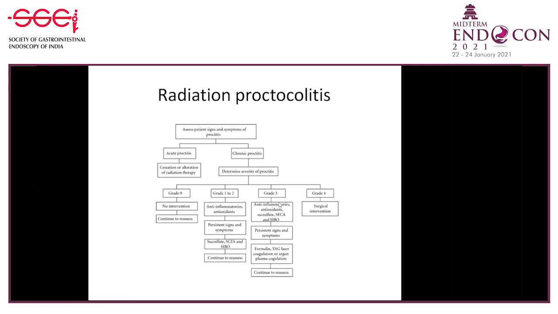So mostly what we see, the bleeding will be in grade 3 or 2A, and we manage them with endotherapy and anti-inflammatory agents, antioxidants, sucralfate enemas, hyperbaric oxygen therapy, short chain fatty acids. These are all other therapies. And basically endotherapy, we're going to do APC, formalin gauze therapy, or laser coagulation, but continue to reassess based on symptoms. If there are severe painful symptoms, the patient will need to go for a surgical intervention.